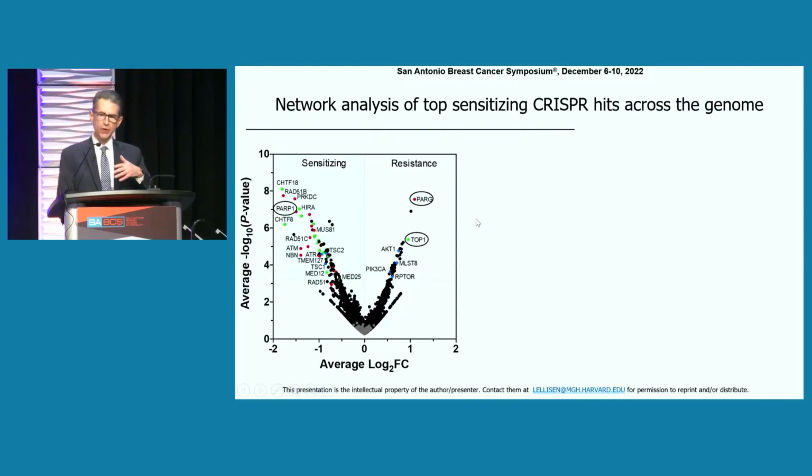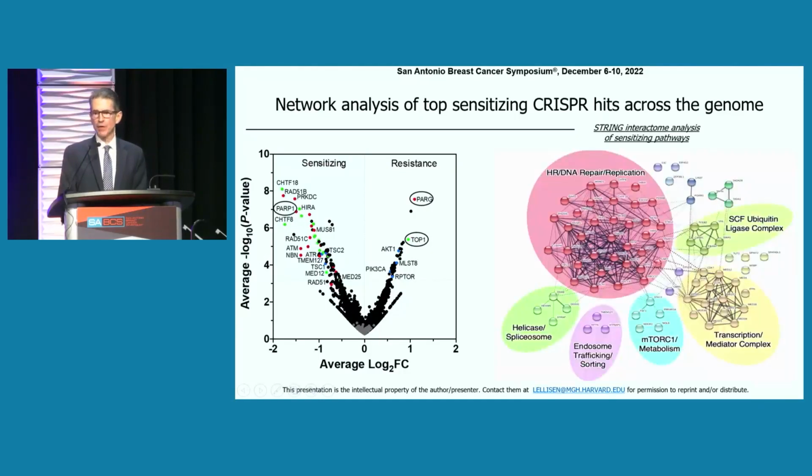So it's a CRISPR screen, so the loss of the genes listed is what we're talking about. So on the right, the loss of these genes causes resistance, and on the left, the loss of these genes causes sensitization. We were gratified that when you put these into pathways in this network analysis, a lot of it comes up to be what we would expect. Numerically, the largest number of genes are those associated with topoisomerase 1 resistance sensitivity, namely homologous recombination and replication-associated repair. But you also see here these pathways that we've been talking about relevant to ADC-specific resistance, endosomal trafficking, and others.